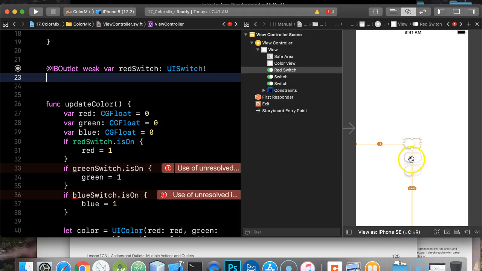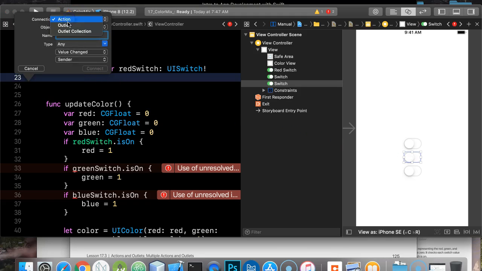So again, let's do that again. Hold down Control, click, drag on the second one here now, and change it from action to outlet. And then we'll call this one